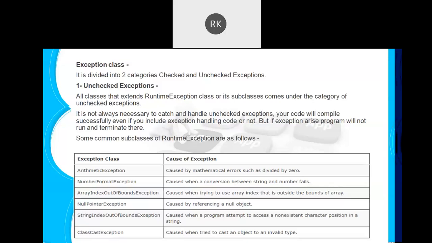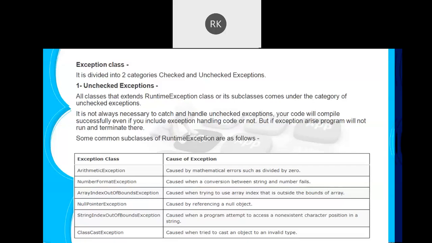But in other cases, for example, when I'm converting a string into an integer, I never handle the exception. In that case it can throw a NumberFormatException, which comes into the category of unchecked exceptions. So that doesn't require to be handled. Okay, I hope you are getting the point here.